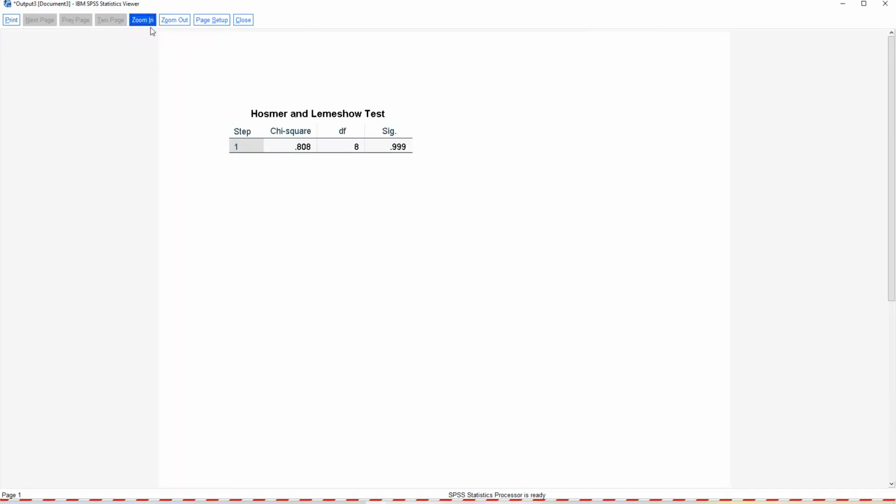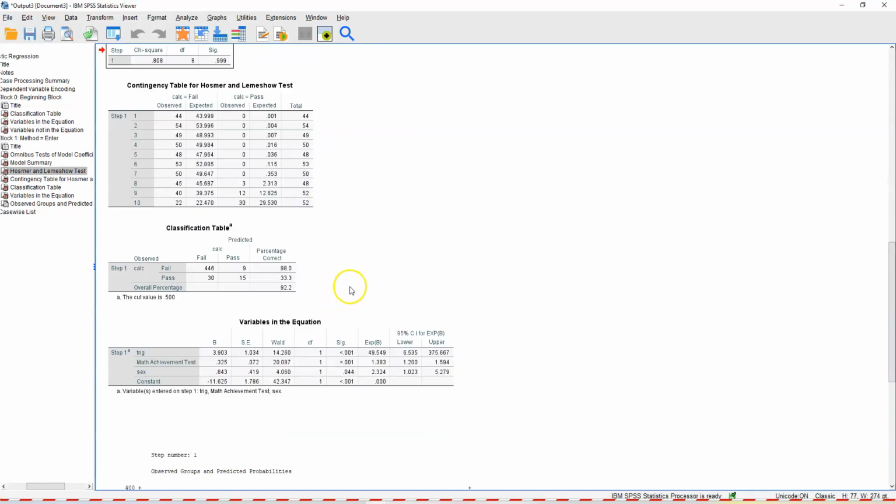We have a test here, another chi-square, with the Hosmer and Lemeshow test. And right here there's no difference. It shows no difference in this test between the observed and the expected, and it is not significant. So that supports a decent model. That shows that our model is good through this test. Okay. Next table,